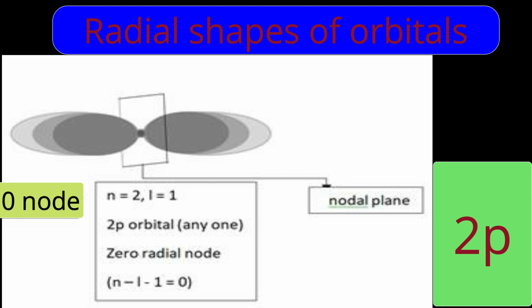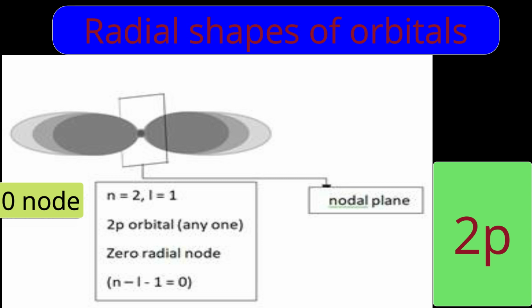As I continue my journey, slowly the electron finding probability decreases. Electron occurrence decreases, and at last it ends. That is the end of the orbital. But till the end of the orbital, I was finding electrons. Maybe electron density decreased, but electrons were there. So how many radial nodes are there as I move from the nucleus to the end of the orbital, the end of that subshell? There was no node. So the number of nodes is 0.